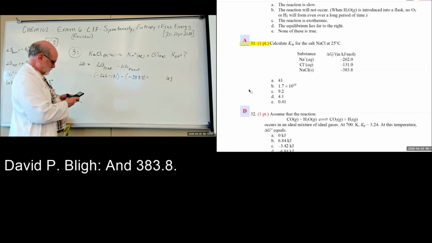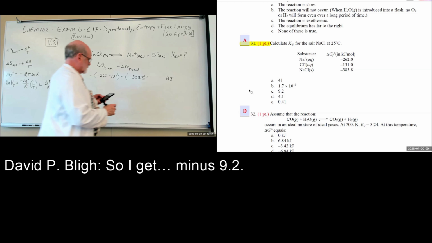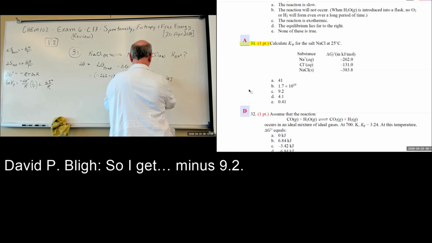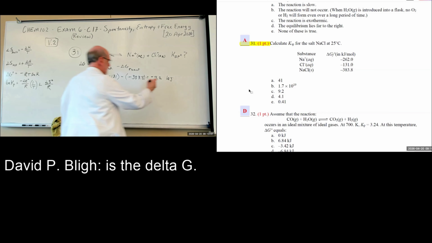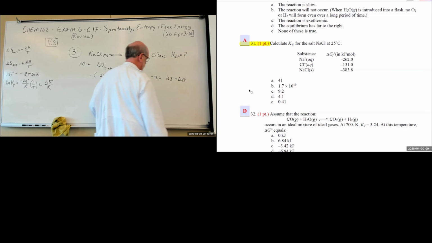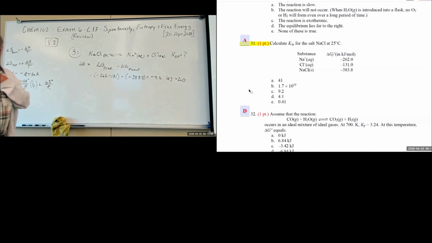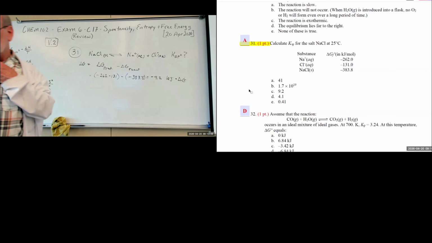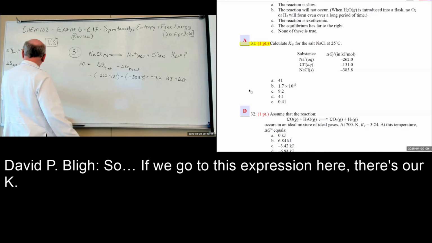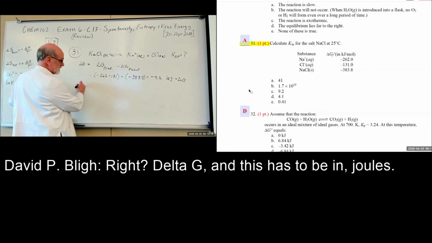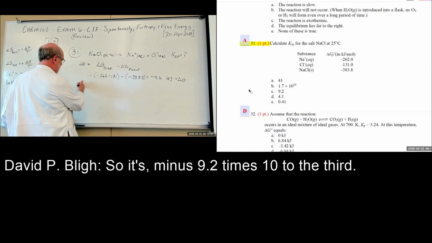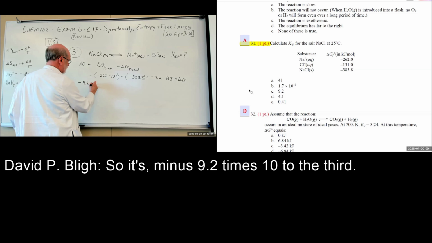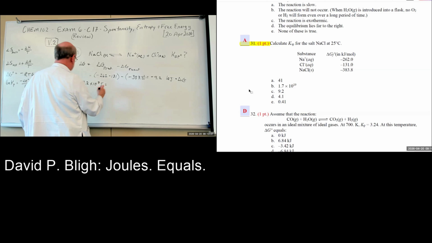And 383.8. So I get minus 9.2 kilojoules is the delta G of that reaction. All right, we're still looking for K. So if we go to this expression here, there's our K, right? Delta G, and this has to be in joules. So it's minus 9.2 times 10 to the third joules equals